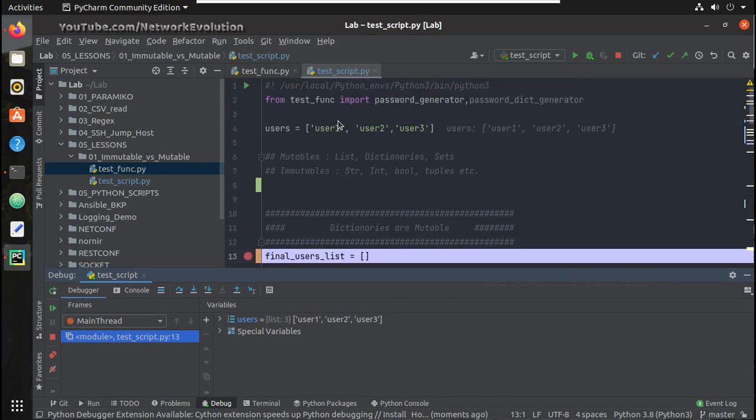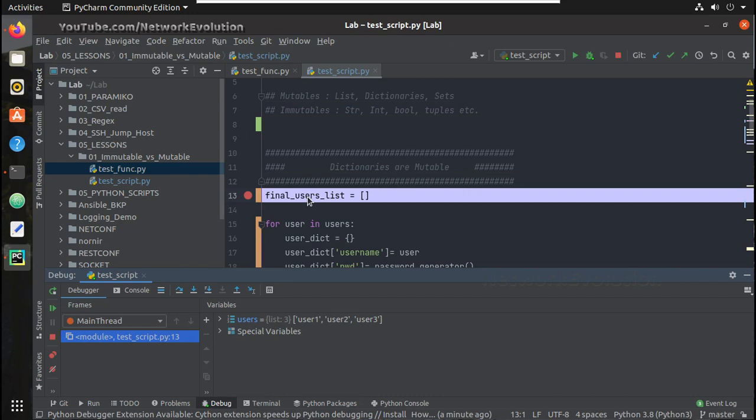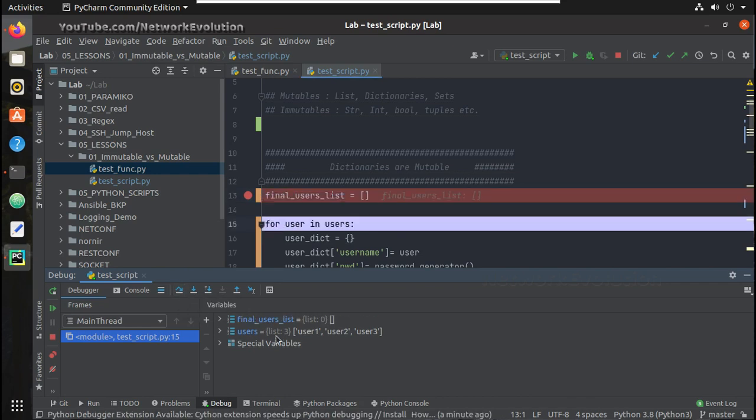So the script has initialized, and you can see the variables here, the user list, and now next it will be executing this line. So the debugger has started from this line. Let me just do the step over, and now it has created a final user list.